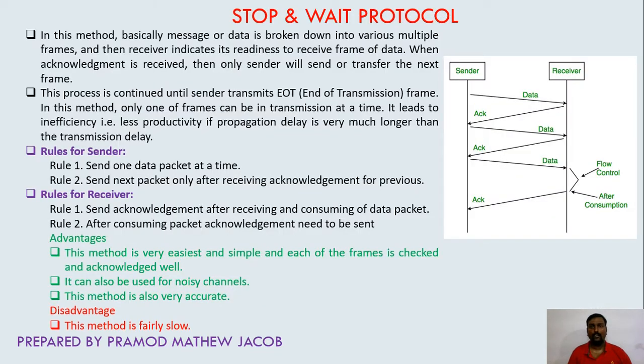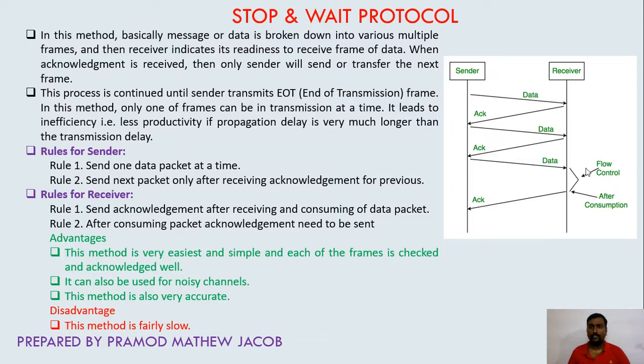The simple basic stop and wait protocol is there will be a sender and there will be a receiver. The rule for sender is send only one data packet at a time. When the receiver receives the data packet, they should send an acknowledgement message to the sender so that the sender understands that the data packet is received correctly at the receiver side. Only after getting the acknowledgement message from the receiver, the sender can transmit the next packet. So after transmitting the next packet, the receiver should acknowledge that packet, and that acknowledgement should reach the sender, and after receiving that particular acknowledgement message, the sender will again transmit the data.